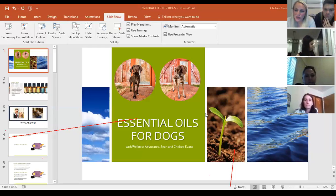What oils would you be interested in? Calming. So you said lavender for calming, and then just something for upset stomachs. Yeah, probably. Digestion's awesome for that. Yeah,